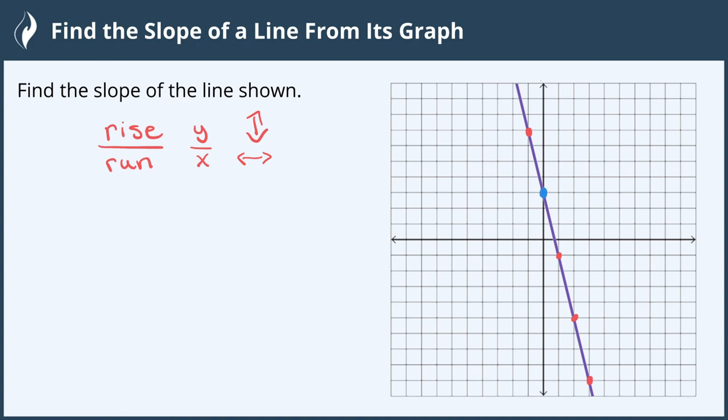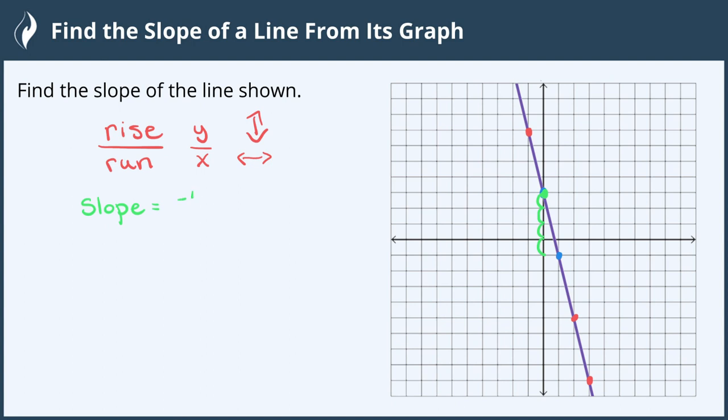And from this point, we're going to see the change it takes to go to the next point. And so I'm going to pick this one right here. So to go from this first one to the next one, I am moving down 1, 2, 3, 4 units. And because I went down, that's a negative direction. So the slope